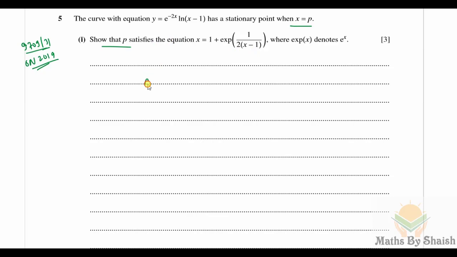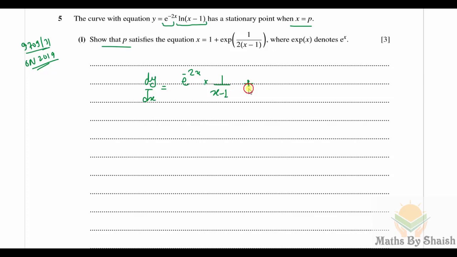So first of all, what is dy over dx in this case? We can see this is the product of two functions, so we are going to use the product rule in order to find the differentiation of it. So first function as it is, that is e raised to the power minus 2x, into differentiation of second function, it is a log function, so it is going to be 1 upon x minus 1, into differentiation of x minus 1, which will also be there because of the chain rule, but differentiation is 1, so no need to write,